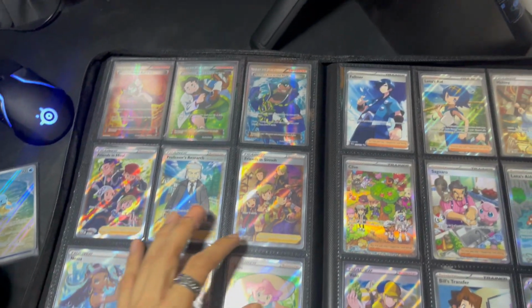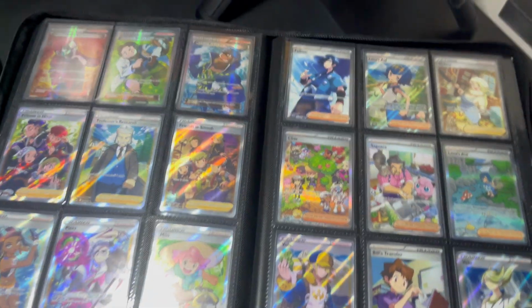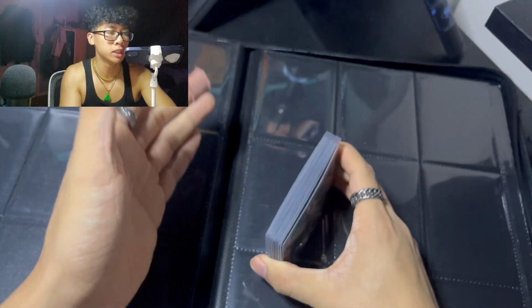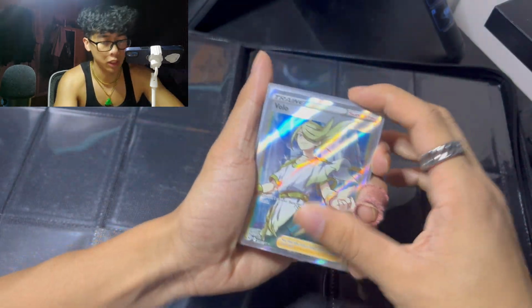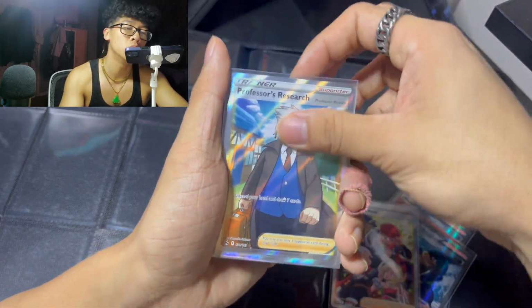Nothing too crazy. One day I was just like, yo, I want to collect trainer cards, have a full page of them. So I did that, and I think this is pretty cool if I'm being honest. This is my full stack of trainer cards. So I'll start off here. So Volo, Professor Briar's Observation, Marnie's Hidden Ball Trick, Archie's Ace in the Hole, Friends in Paldea, Professor